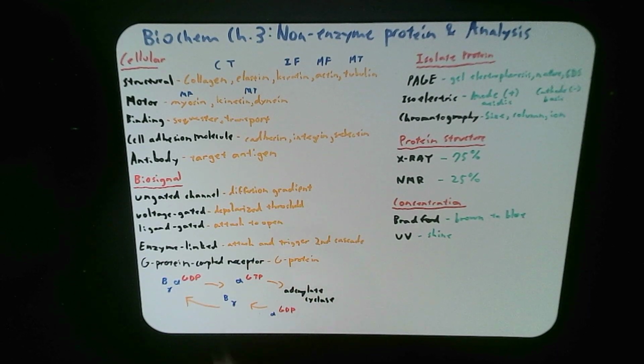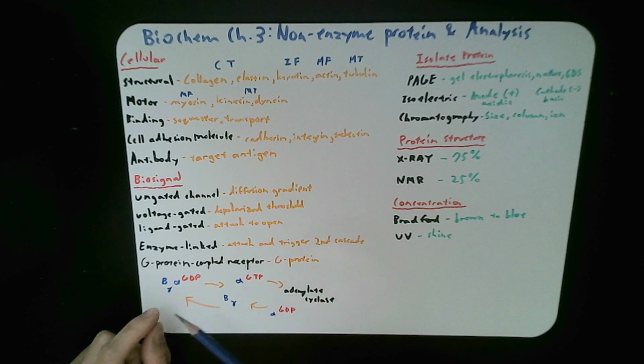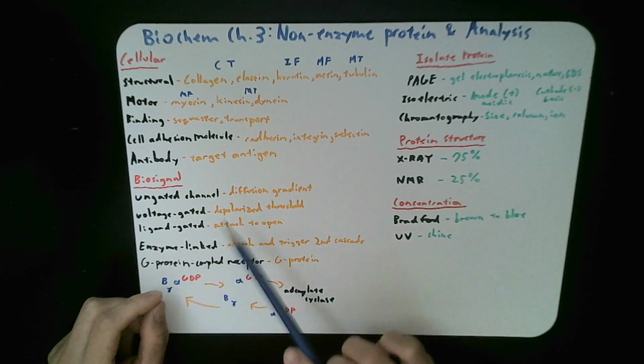And that cascade itself includes PIP2 and your IP3 and so forth, and that triggers another enzyme function. G protein coupled receptors use a G protein, which is combined of beta, alpha, and gamma. The alpha component is normally bound to GDP, and once it's stimulated from the outside, on the intracellular side, it will bind to a GTP instead and knock off that GDP, and